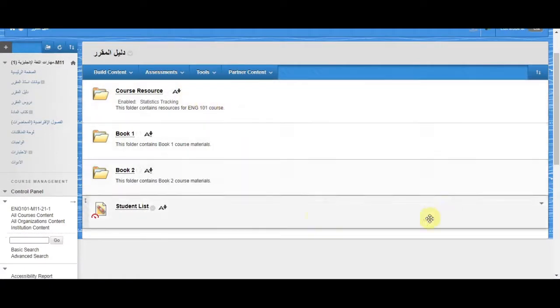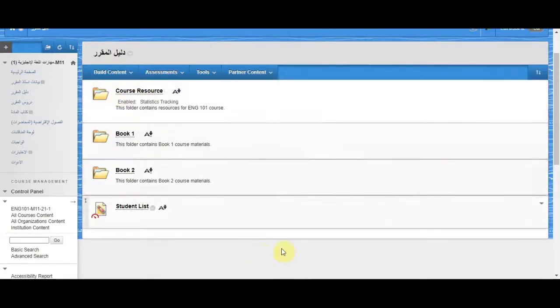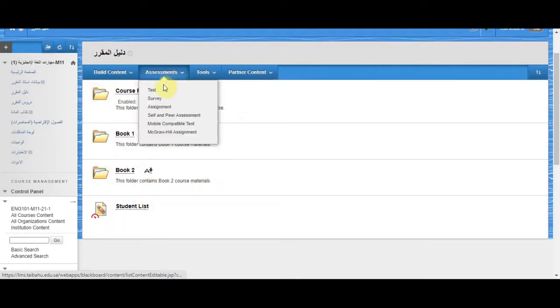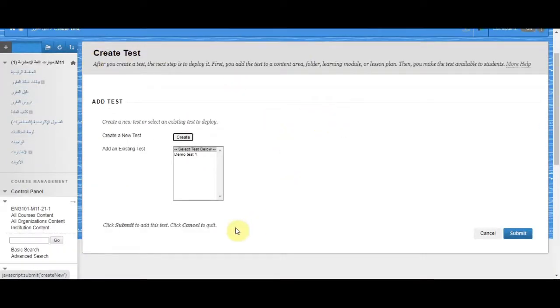In this video tutorial, we'll be looking at how to create a test using the assessments feature on Blackboard. So I'm going to go to Dalil al-Muqarrar and choose my location where I'd like to create the test. In this case, I'm going to create the test here. So I go to the assessments menu at the top and then click on test. In this section now, I can create a new test or I can add an existing test. So what I will do now is just create a new test